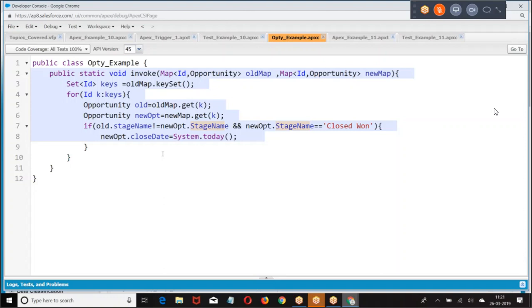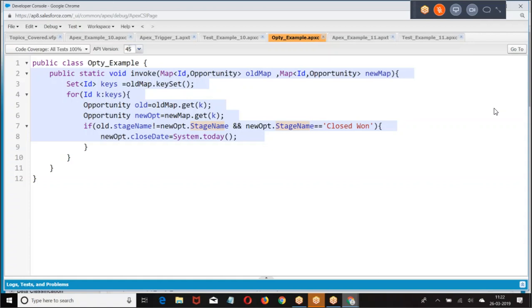So if you want to test a trigger, whatever the object you wrote, whatever the event you wrote, that DML operation you have to perform and see whether the changes happen in the database or not. If it is an insert trigger, insert a new record and see whether the changes happen or not. If it is an update trigger, modify the record and see whether the changes happen according to the trigger or not. That's what we are going to test.